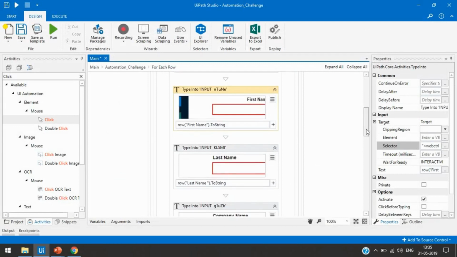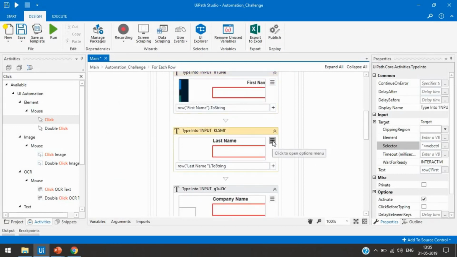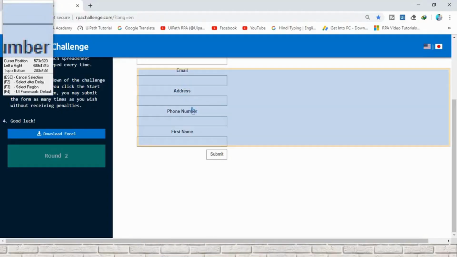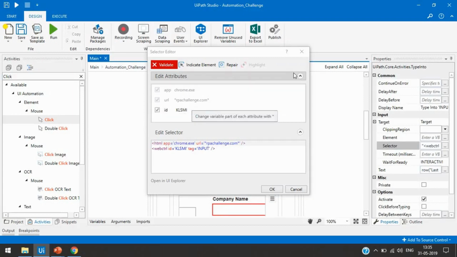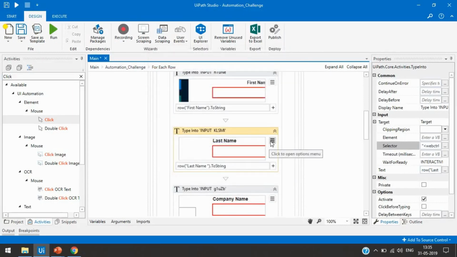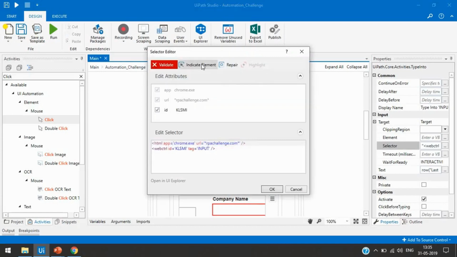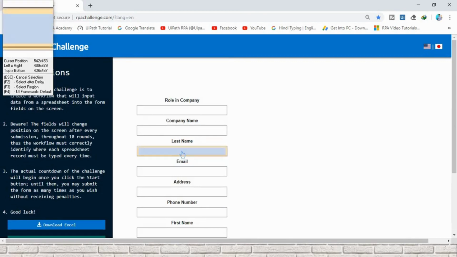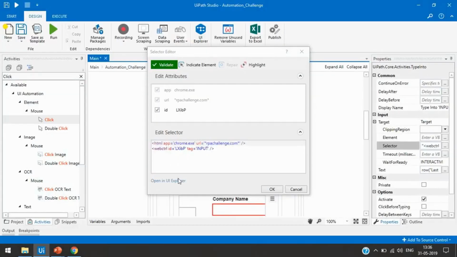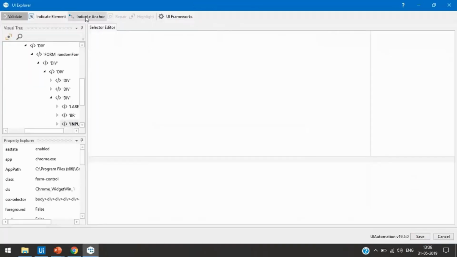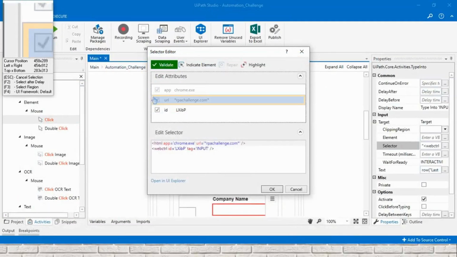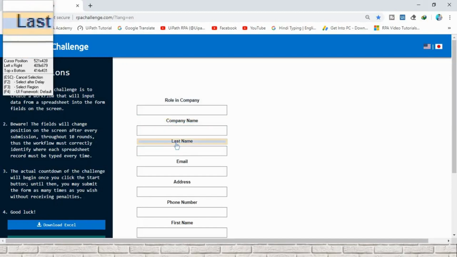Same as first name, we have to go to edit selector, indicate element, this is for the last name. So edit selector, indicate element, look for the last name, here is the last name, click on that, and now this link is enabled, so click on that and again click on indicate anchor. So this will find the target element, click on that and then go here and select the last name.